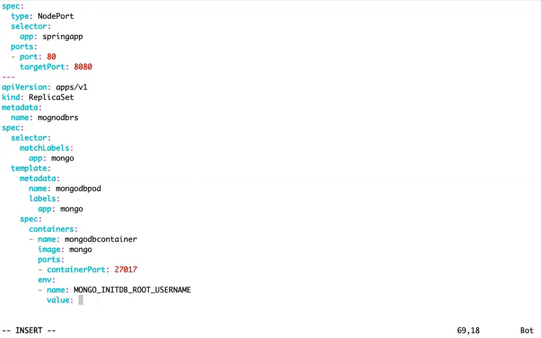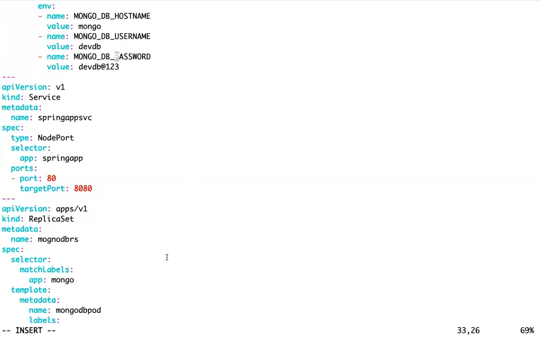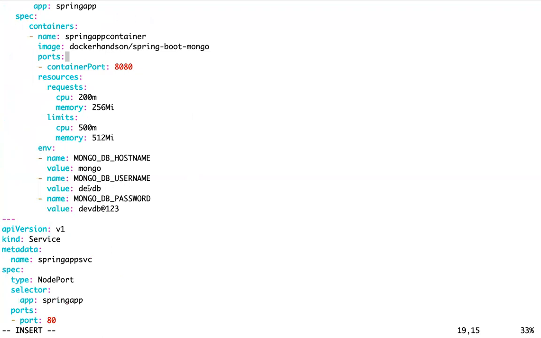Now, if my database is initialized with this password, something like this, but for my application I am passing this username, will my application be able to authenticate with the database if I pass wrong credentials here?